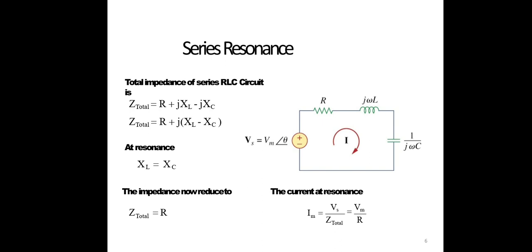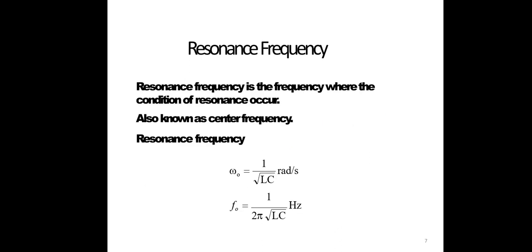So now, generally, the parameter we need to discuss is the resonant frequency. The resonant frequency is the frequency at which the condition of resonance occurs. That means the condition of resonance is XL equal to XC. I already derived this in the previous lecture, but once again I will show it: XL equal to XC. Here XL means omega L and XC means 1 by omega C. Equating both, omega naught square is equivalent to 1 by LC.